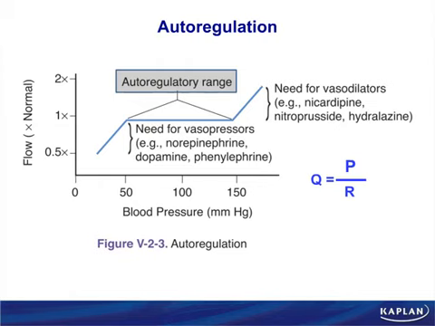And notice what is called the autoregulatory range. So what this indicates is over this range of pressures, blood flow is held relatively constant. That's what autoregulation means. But it only works over a range of pressures. Notice on this graph that if pressure falls below 50, then blood flow is going to go down. So as pressure falls, blood flow